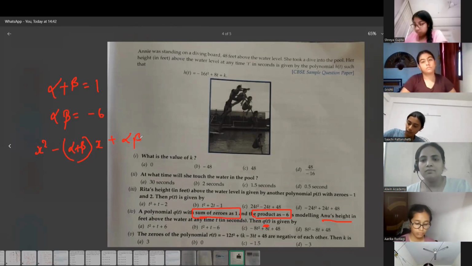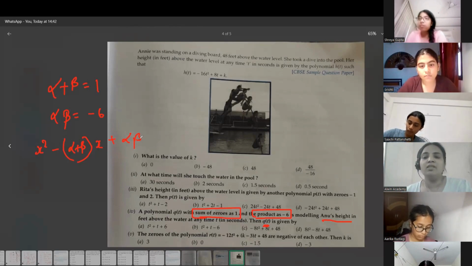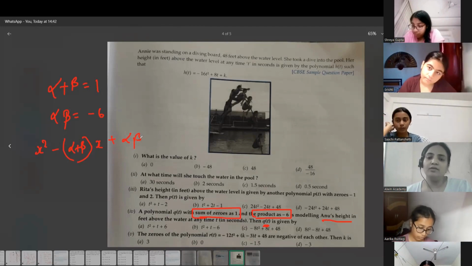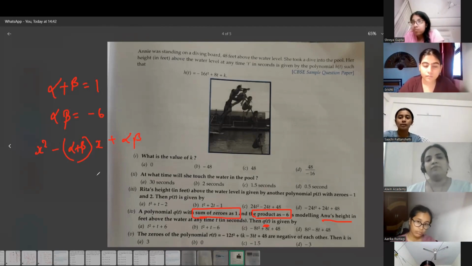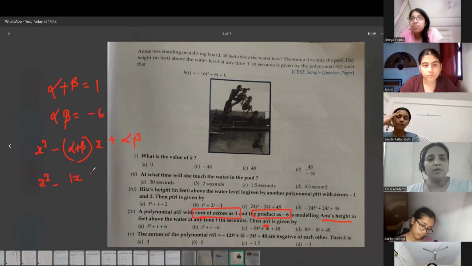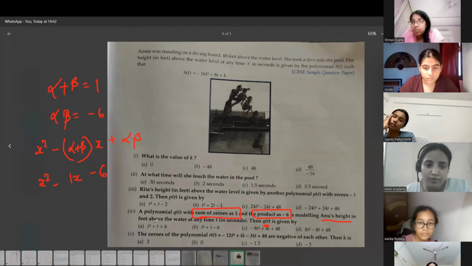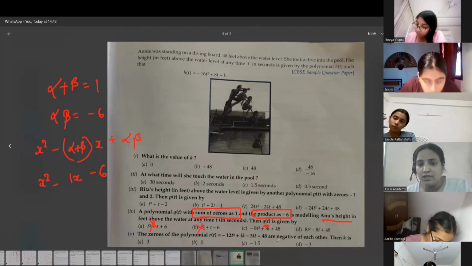Ma'am, clear. I know the answer also. Is there anyone who doesn't understand here? Clear? Tanish, Arnav, Mishti, all clear? Yes, ma'am. Okay, good. So now the equation will become x square minus 1x plus minus 6. So why minus 6? Write plus minus 6. Clear? Done. Now this is not given. Is any option given? The first option is not there, the second is not there either.